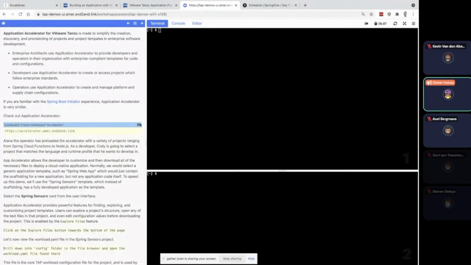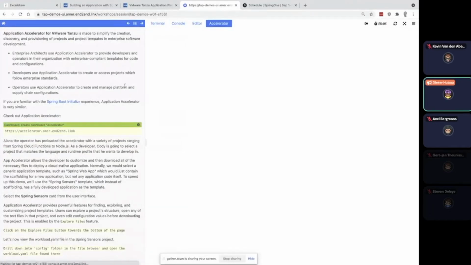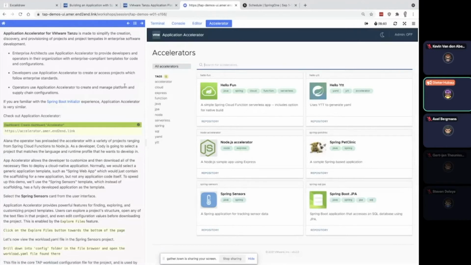So what we have in store there is called the Application Accelerator. And it's kind of like, for the people who know start.spring.io, but for your own company, like for your own enterprise. It can be shaped and built up by the architects or by the developers, and they can define so-called accelerators. Now, what is an accelerator? And we'll go to